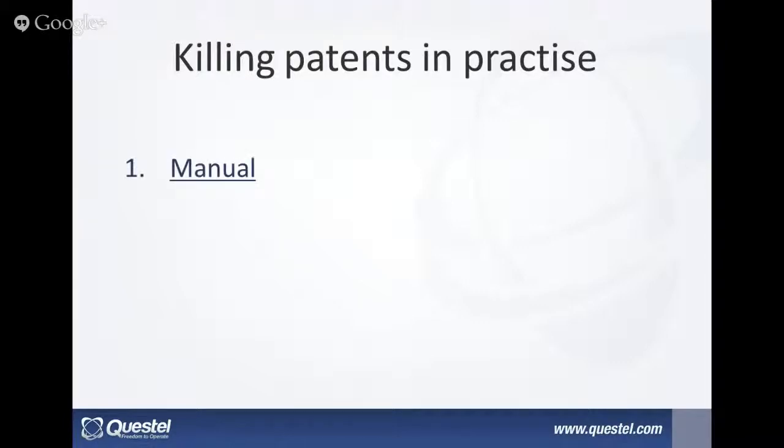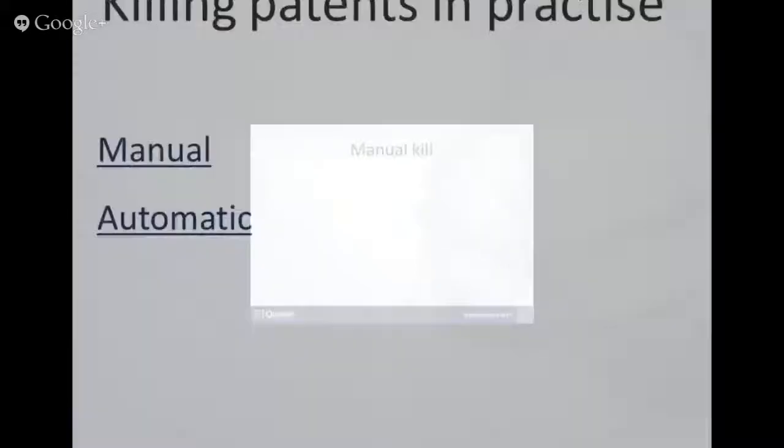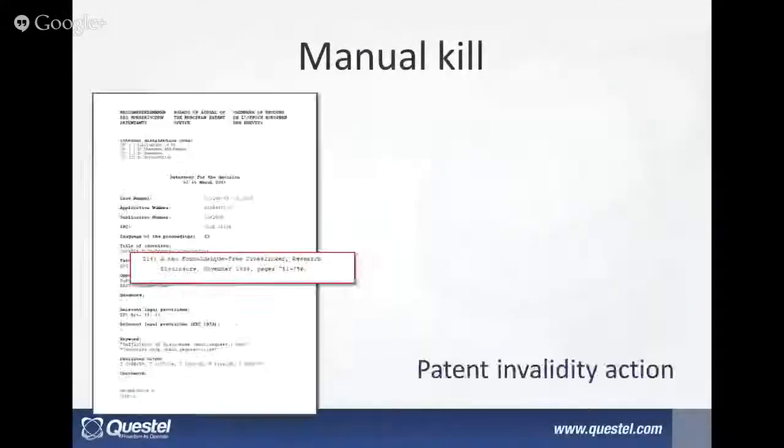In my mind, there's two types of ways a defensive publication can kill a patent. There's the manual method and there's the automatic kill. This is what a manual kill looks like. Here we're talking about an opposition action or a patent invalidity defense as a defense against a patent